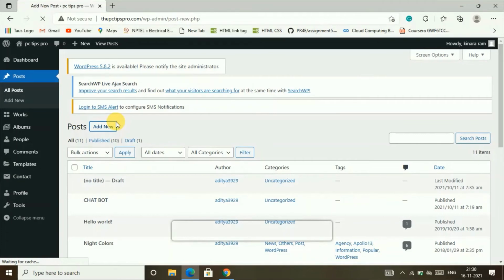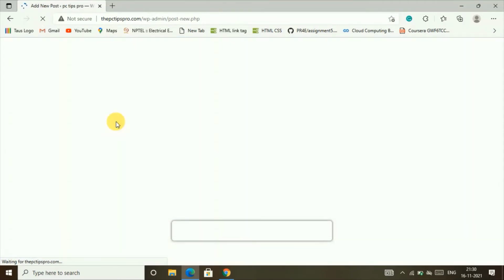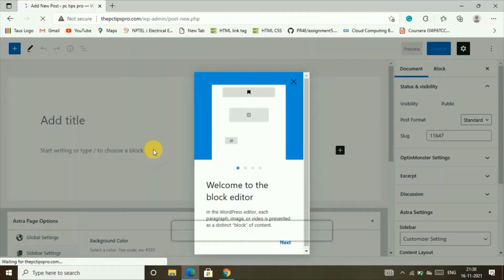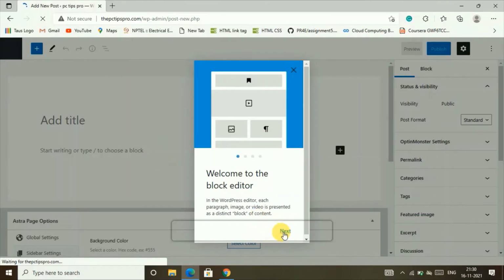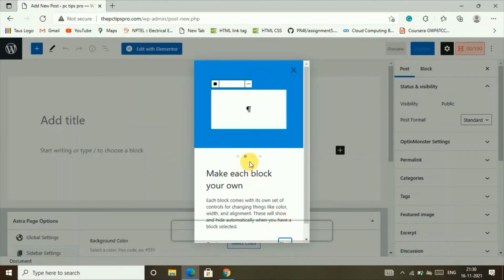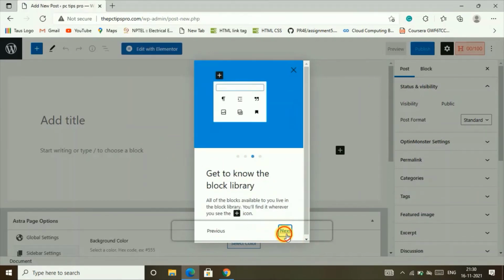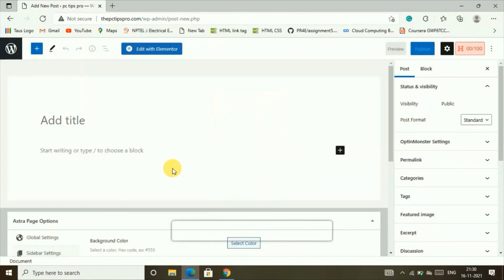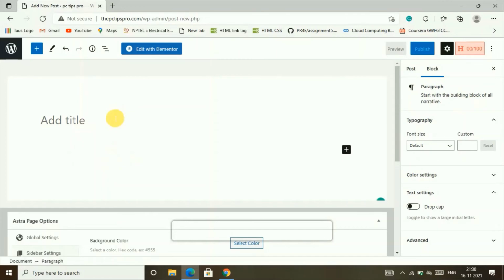We cannot edit any content using this contributor, because he is only meant for contributing the content. Once we submit this post, it needs to be reviewed by the administrator. So let's say I just give this some random content,